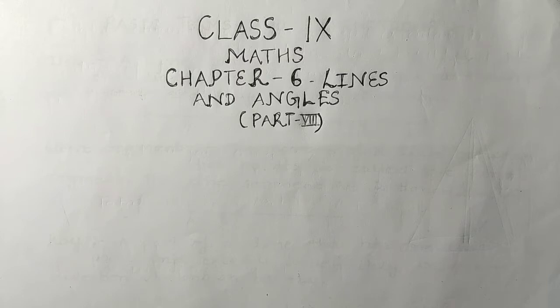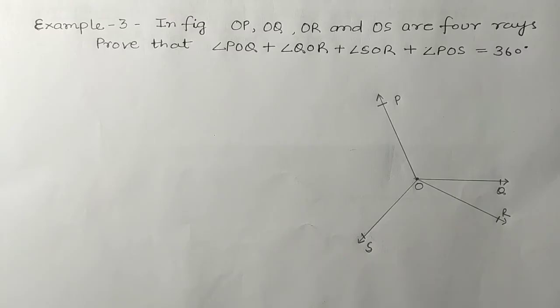Students, till now we have completed all the exercises of this chapter. Today we are going to solve some important examples of this chapter. The questions of exercises you will do in your NCERT fair copy, and the examples of this chapter you will solve in RD Sharma copy. So let us see. The first important example that is given in NCERT is example number 3. What is example number 3?